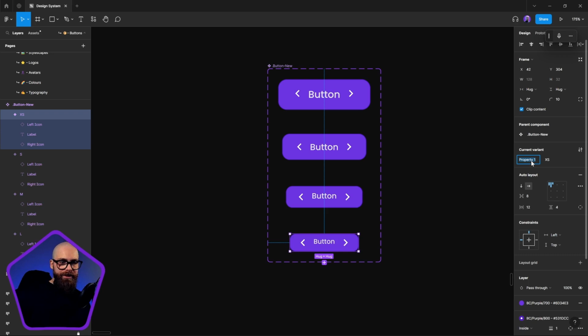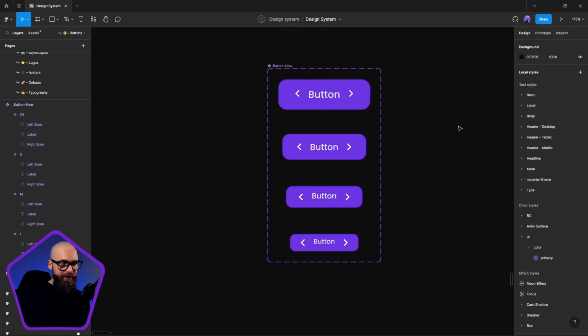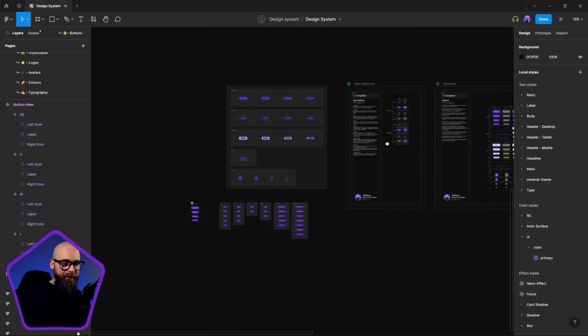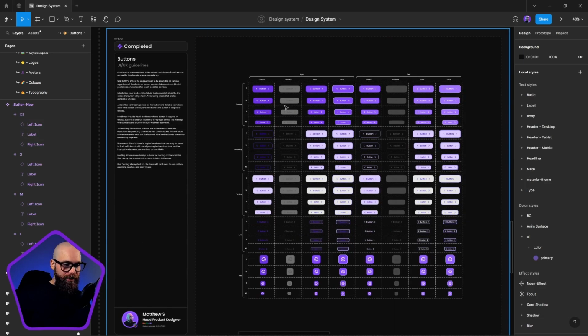I'm starting with sizes because ultimately in the end, the one thing that I keep consistent throughout my buttons over here is that all of them go through the sizes. So if all of them do it, then all of them need it. So that's a great place to start,